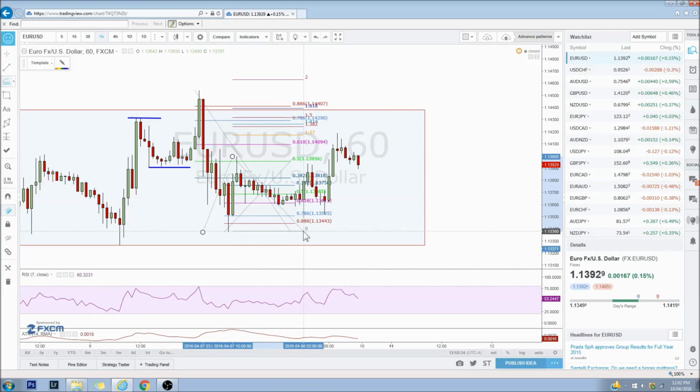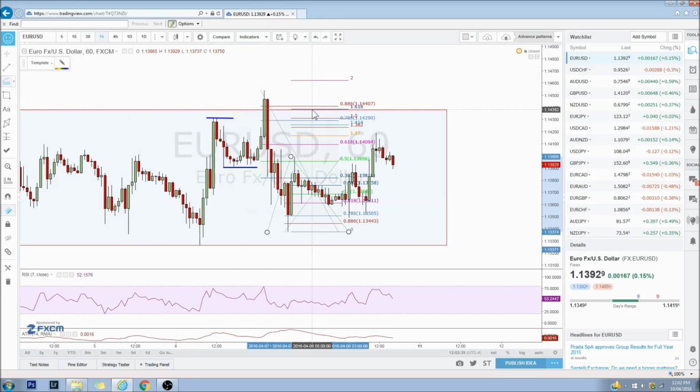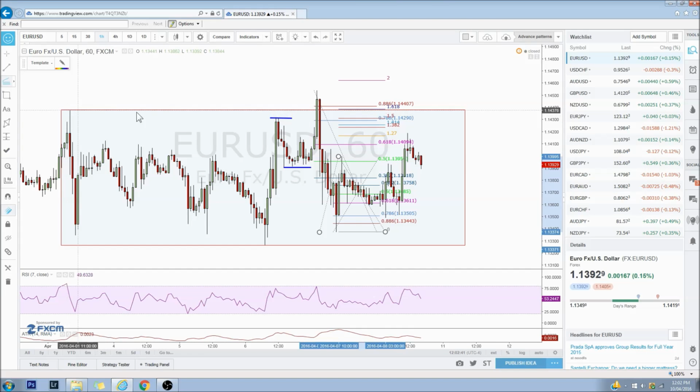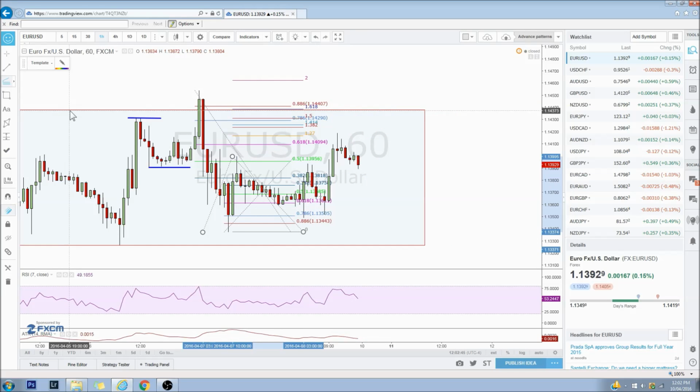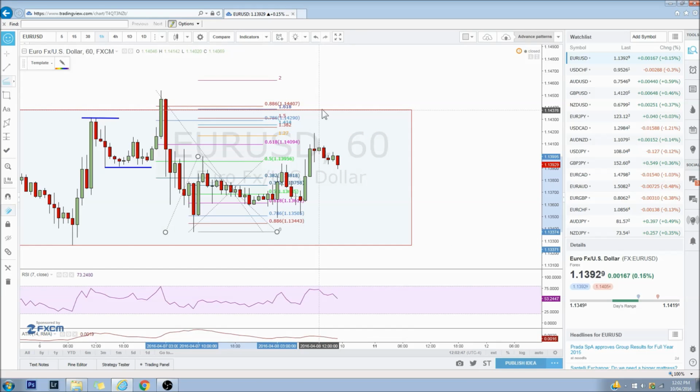Now it's kind of an ugly looking bat, but the 618 falls right at the top end of this previous resistance area. Okay, so there's an opportunity there to take